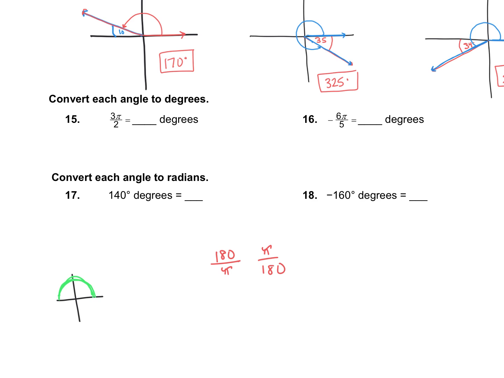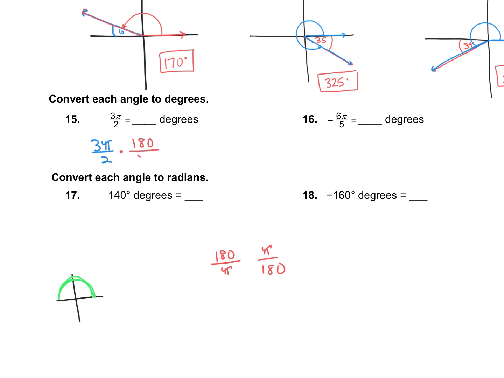So one key thing we have to notice is that our angles, when they are in radians, have a pi in the numerator. Here's a pi in the numerator. Our degree angles do not have a pi at all. So what we do is we take our radian angle, 3 pi over 2, and we multiply it by one of these fractions. We want the one that will make those pi's cancel out so that our degree measure no longer has pi in it. So the one that will make the pi cancel out is the one that has the pi in the denominator,